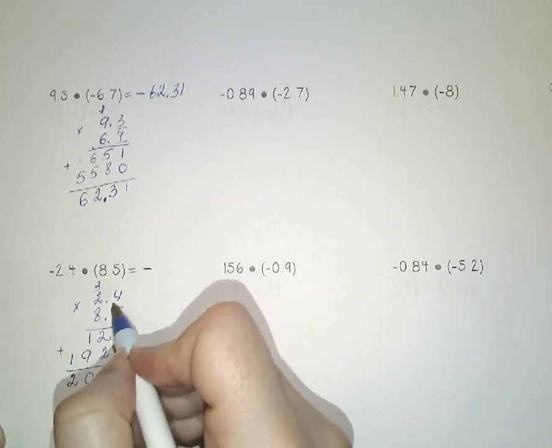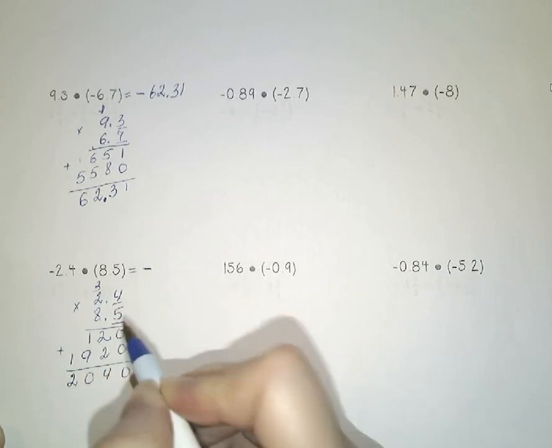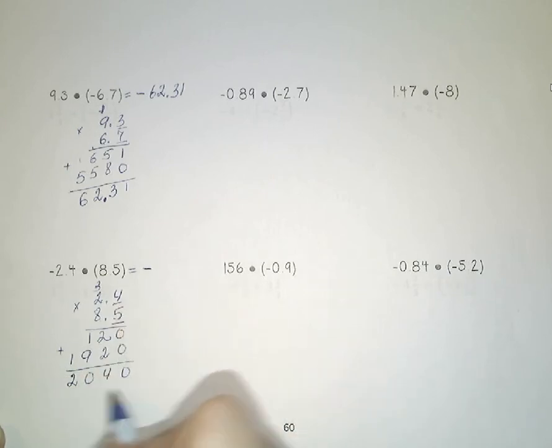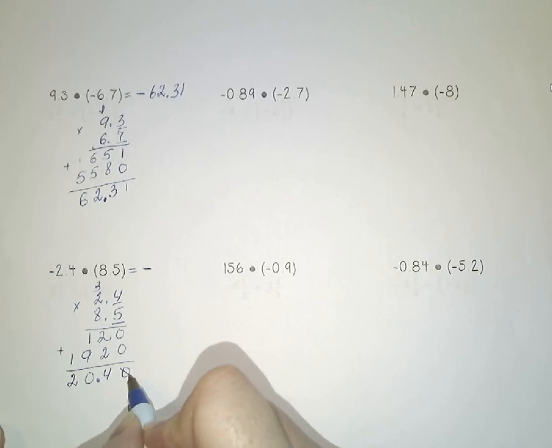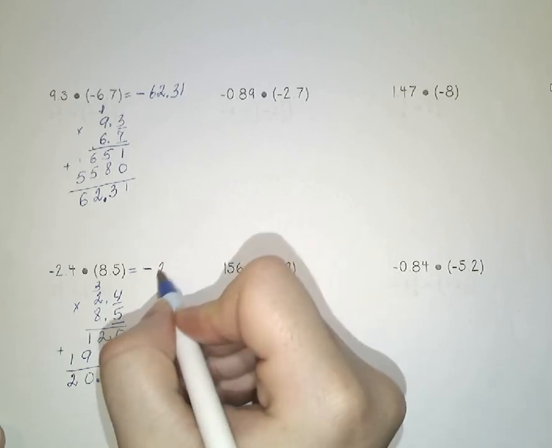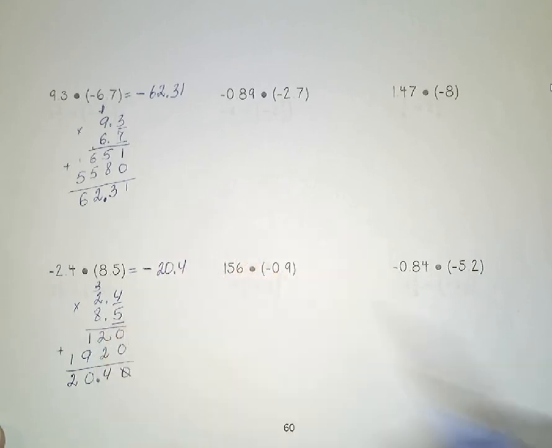I have two numbers after the decimal in my factors, so I'm going to move my decimal 2 places to the left. I don't have to worry about that 0 at the end, so I will have a negative 20 and 4 tenths. Okay,